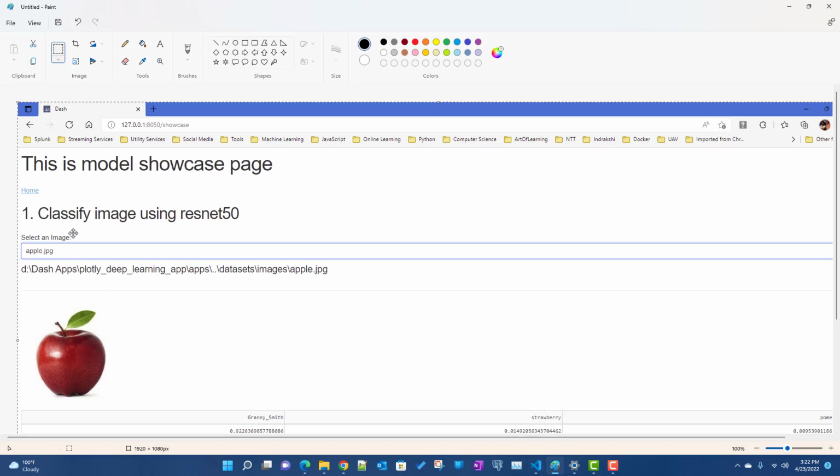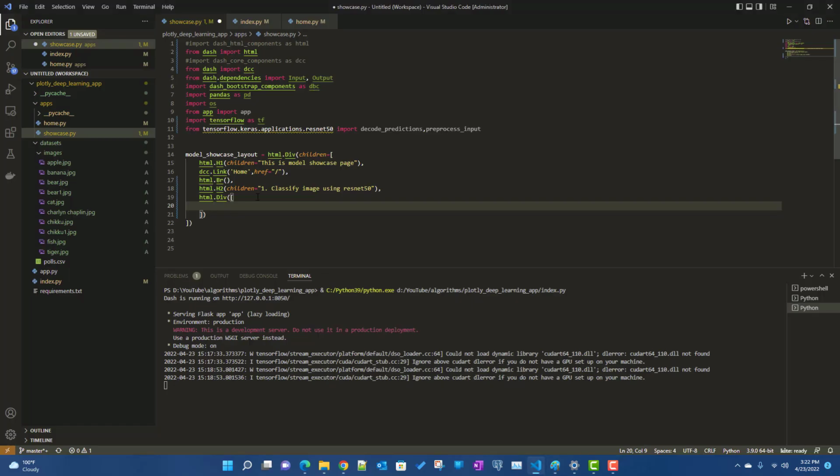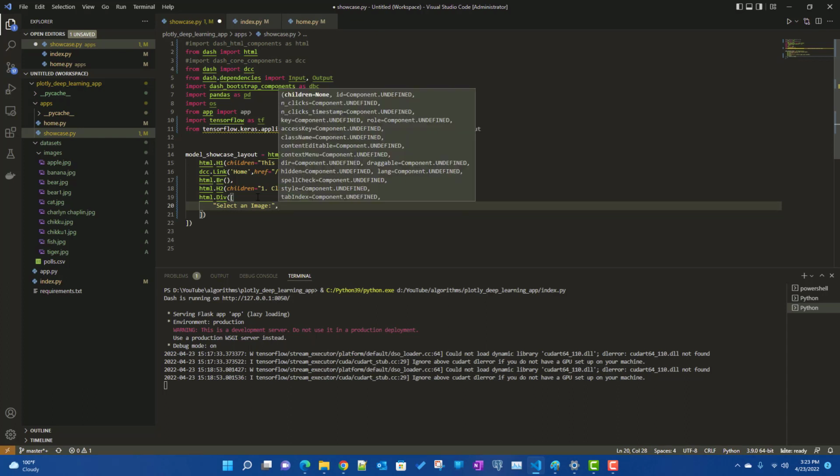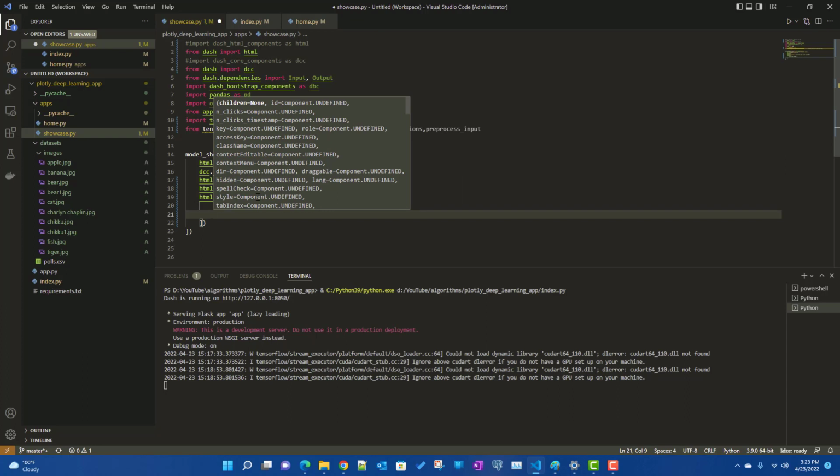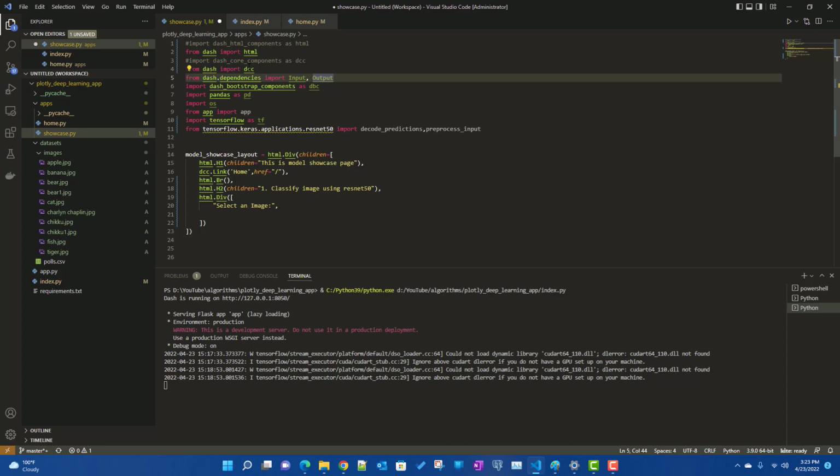So that will be part of the div as well. Apart from the drop down, we need to give the name of the drop down as well. So first thing we will give is "Select an image there", right? So we will give a colon. The next element of the div will be our drop down, and for that we already imported the Dash core